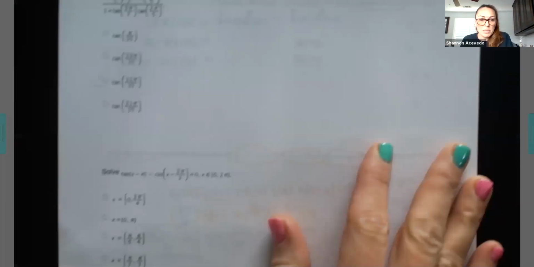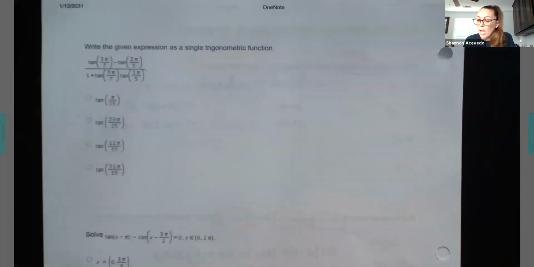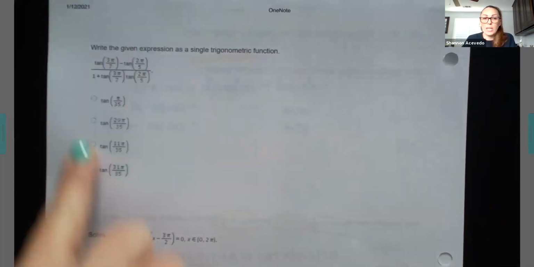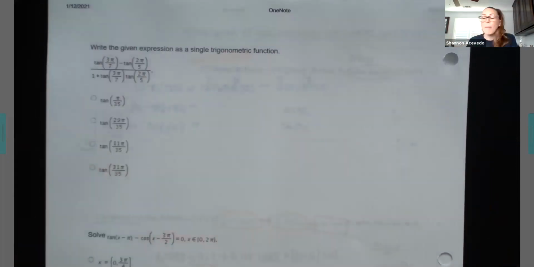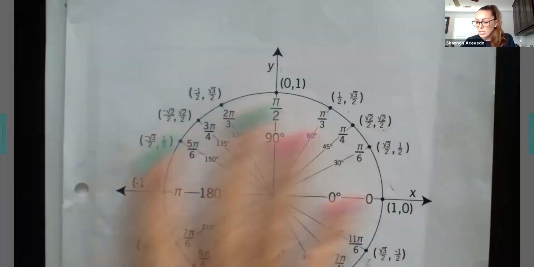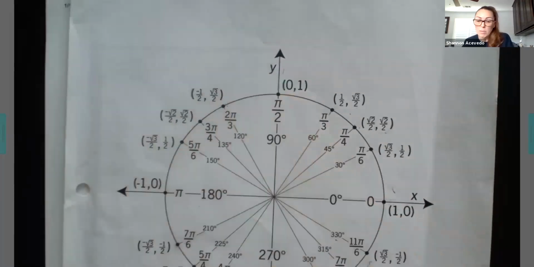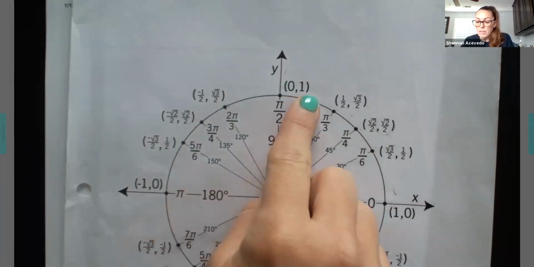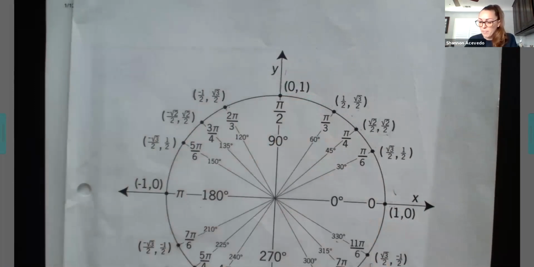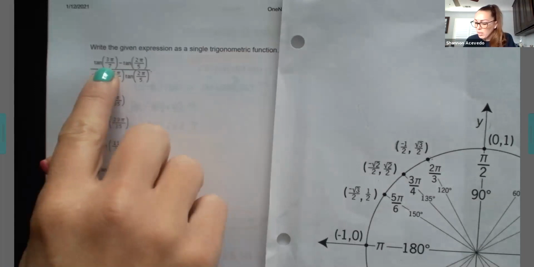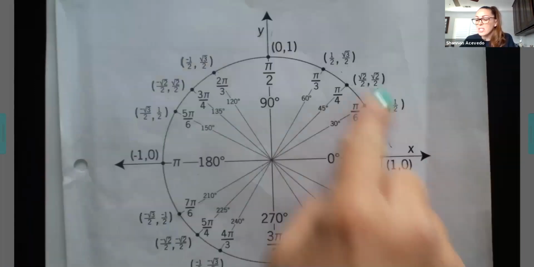Tangents scare us sometimes. We don't like tangents. A lot of the times, the problems that we're seeing don't have radians, they're in degrees, which you guys tend to like better. But even if we're given radians, remember, they're on the unit circle. If it's on the unit circle, then we could just plug in the values. Just like we did with pi over 2, we were able to figure out sine of pi over 2 is just 1. When I look here, 3 pi over 7, 3 pi over 7,